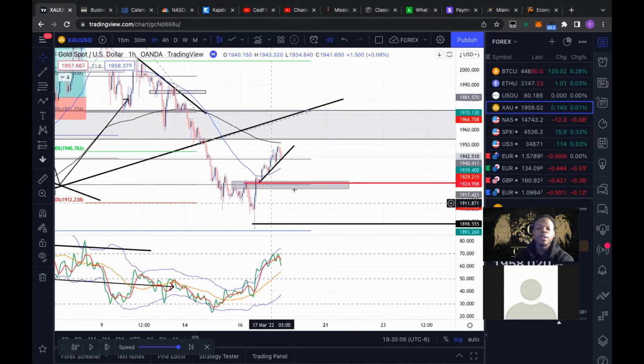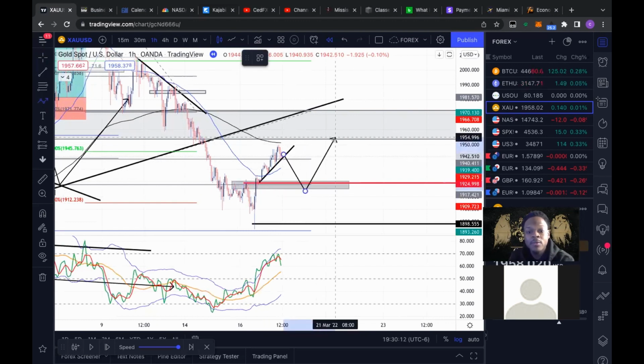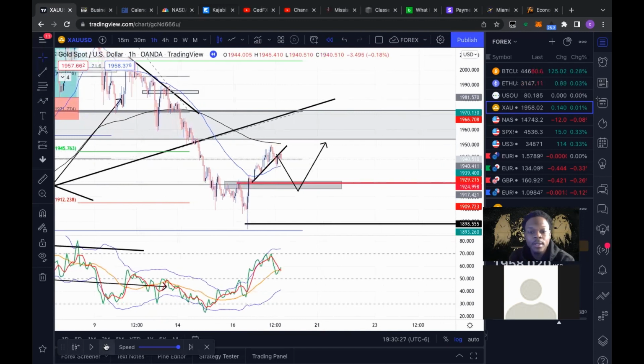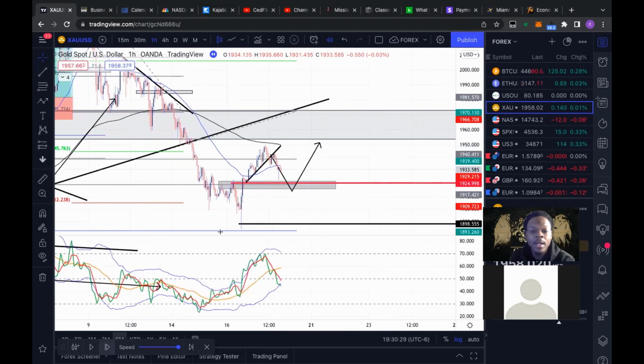So what I would be looking for is the market to come back and retest this level right here and then continue up, right? A simple break and retest. Trading structure, we would be looking for the break and retest of this area of resistance that it just broke. So let's continue to trade it. And now this minor uptrend that the market just broke,